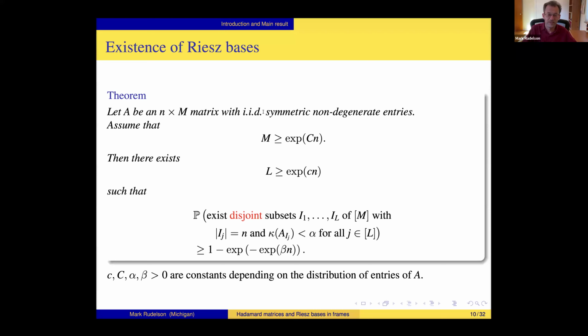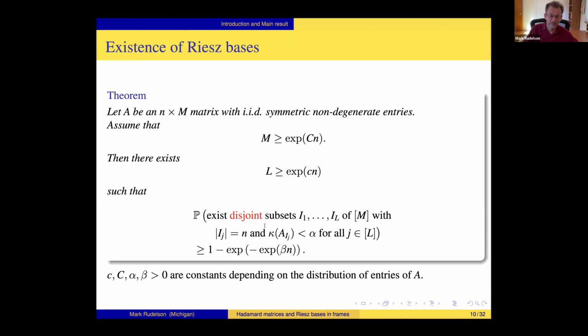The entries may not have even the first moment. And let's assume that the number of columns is exponential in the number of rows. Then there is L, which is also exponential in N, such that there exist